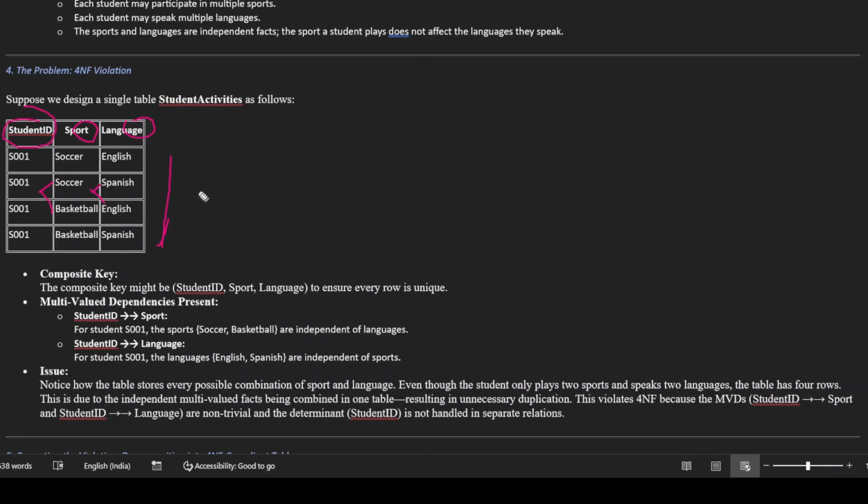In these rows, the problem is every possible combination of sport and language is happening. Even though the student plays only 2 sports and speaks 2 languages, it has 4 rows. And this is due to multi-valued facts